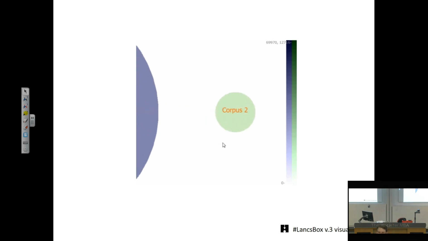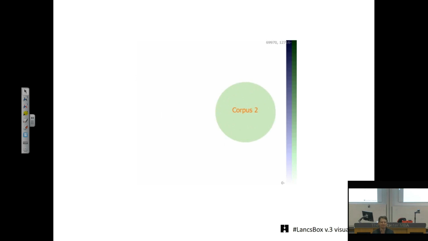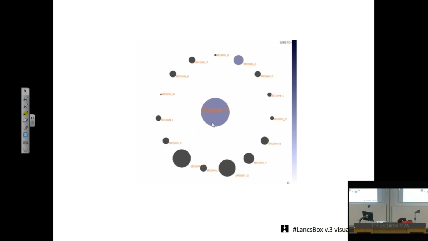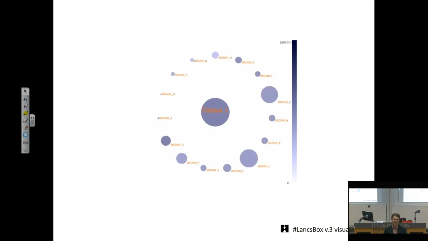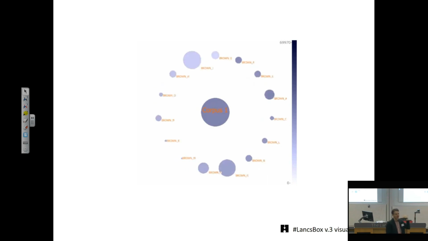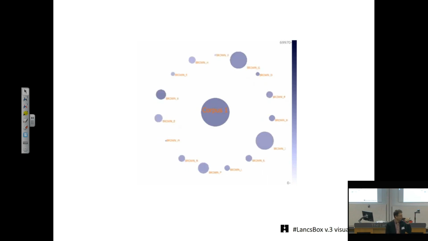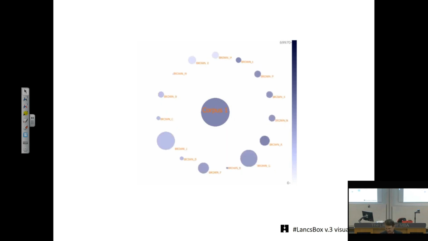Again, just to show you what we did in Langsbox, and you can do that in the words tool, where you have a corpus as a sphere, a second corpus that you can compare with your original corpus and run keywords analysis, if you like, if you drag them together as a comparison metaphor. But you can also expand the corpus to see inside, to see the different genres and different texts in the corpus, and to see the variation of a linguistic variable inside the corpus. So this is the type of visualization that Langsbox would provide for you and for your data if you were interested in that.